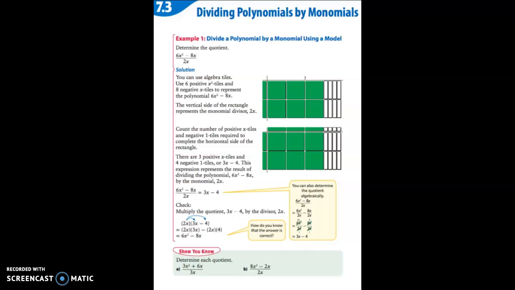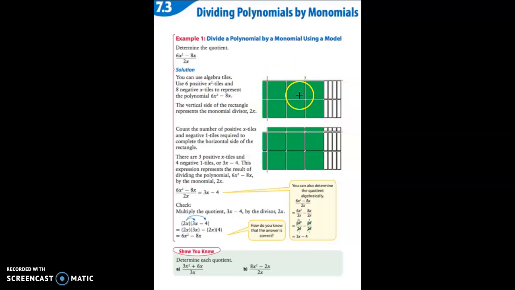Today we are looking at dividing polynomials by monomials. In example 1, we divide a polynomial by a monomial using a model. We begin with 6x squared minus 8x, which is our polynomial, and it's displayed right here with 6x squared, the